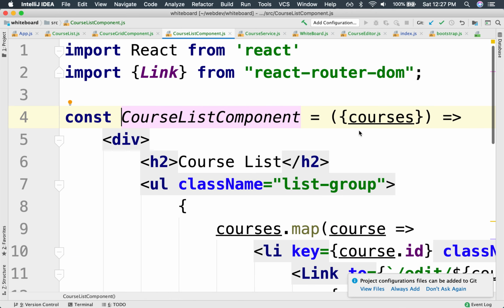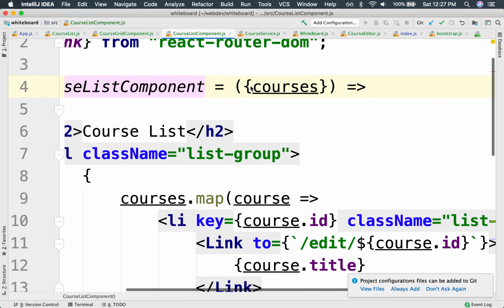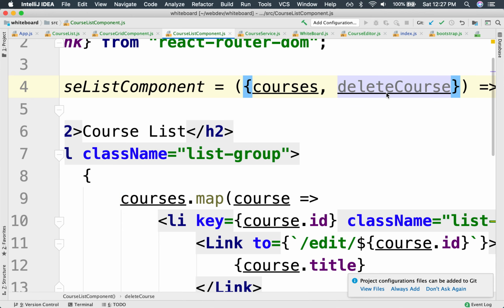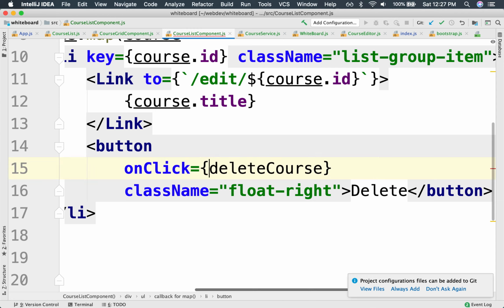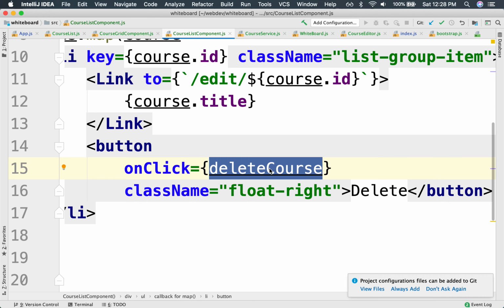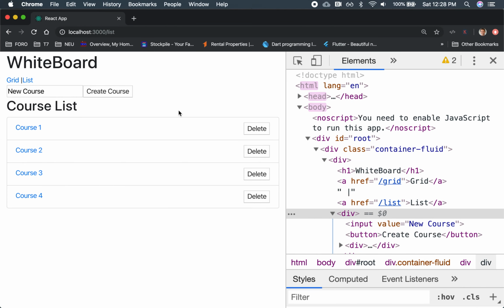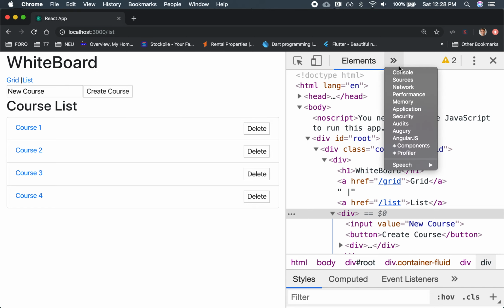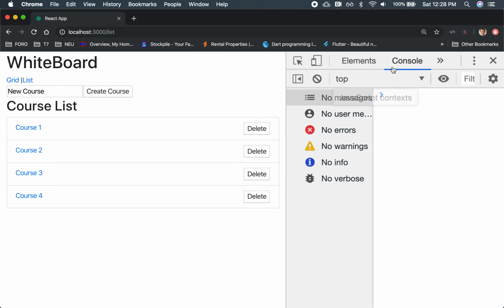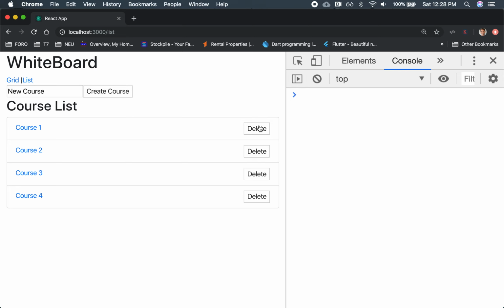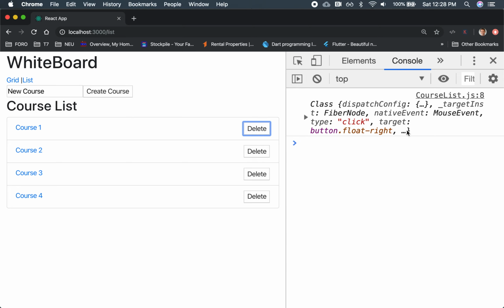So now that we have that here, in this courses component, not only are we receiving the list of courses, we're also receiving the delete course reference. So now we can invoke it right here, and when we click on this button, the function declared in our parent will be invoked. So let's try that out. We go here in the console. We can break this out, and if we click here, notice that it is printing in